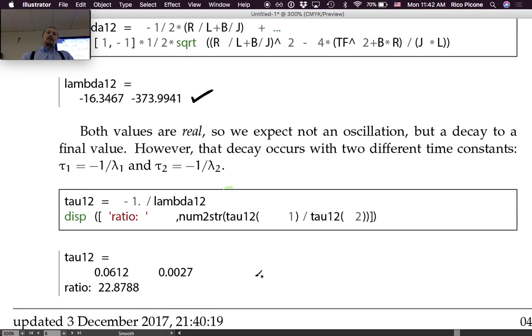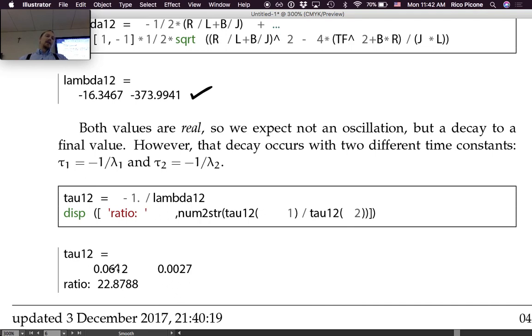So we computed what tau 1 and tau 2 are: 0.0612 and 0.0027. I took the ratio between them because I was curious how different they are. So tau 1 is 23 times larger than tau 2,